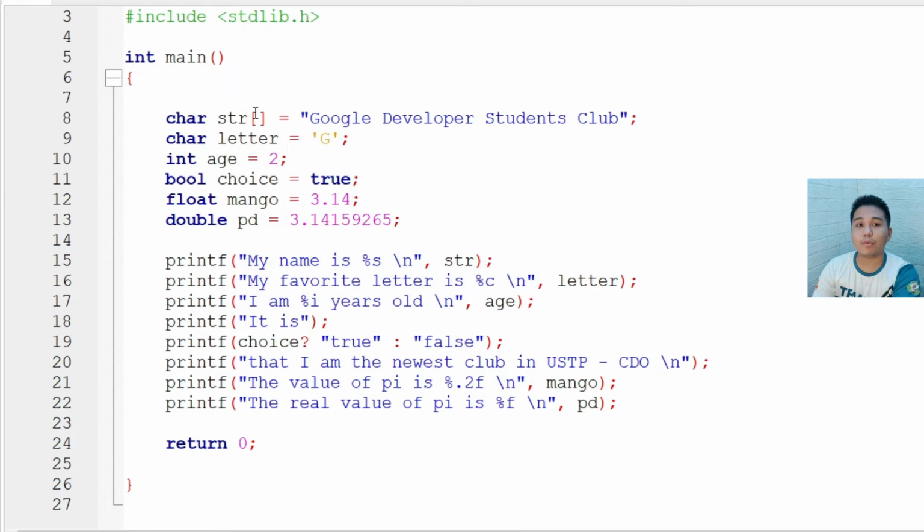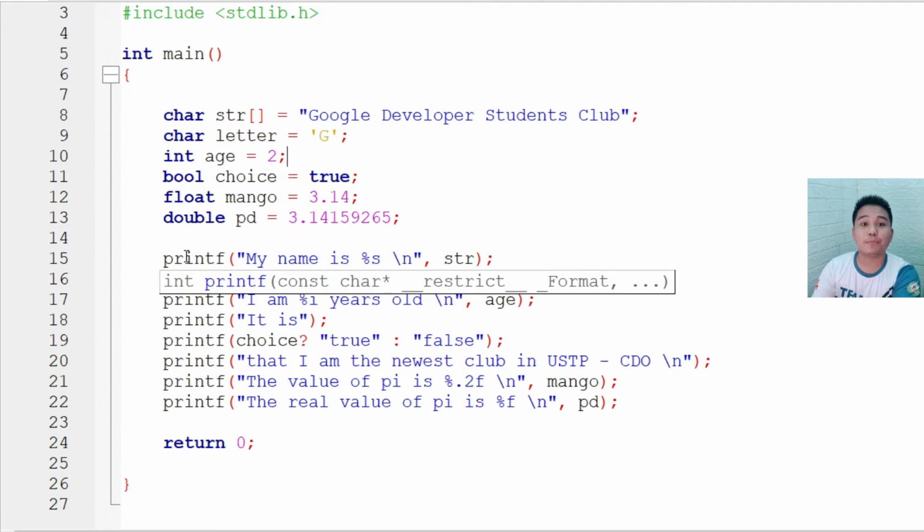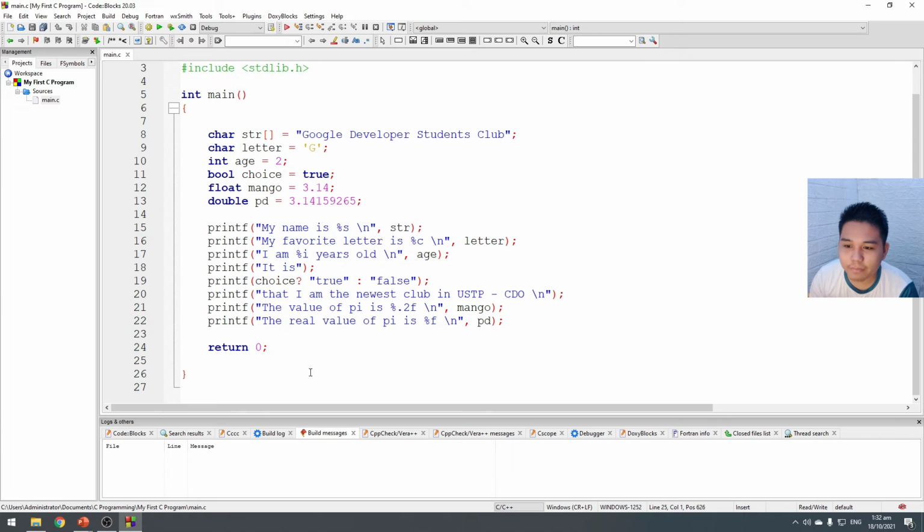Again, a string is for phrases and sentences, while a character is just a letter, like the letter G. An integer is a number, positive and negative. A float is less precise decimals, and a double supports more decimals. So, float can support at least 6 to 7 decimal points, while double supports many more. So let's say just like this program, my name is